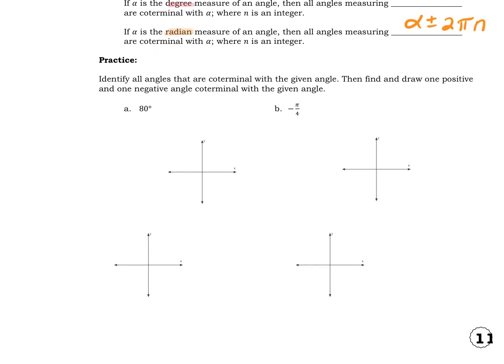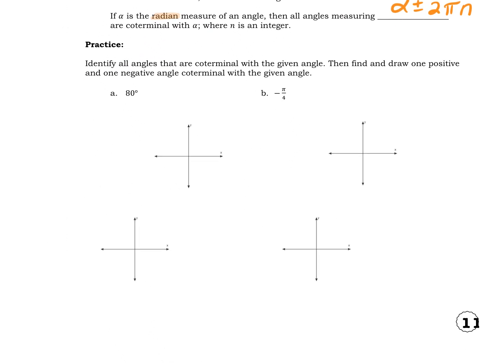And we're going to look at an example. If you notice, we're going to look at A, which is in degrees, and we're going to look at B, which is in radians. Okay? All right, so if we're dealing with an 80-degree angle, if you notice what the directions say, it says identify all angles that are coterminal with the given angle. So this part of it means we want to write, oops, let me fix that. We want to write this as 80 degrees plus or minus this 360 degrees times n, right? That's how we would represent